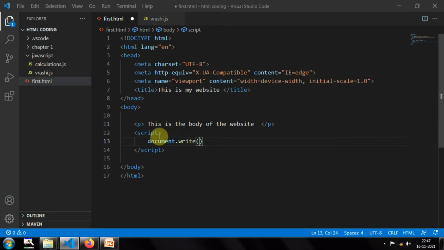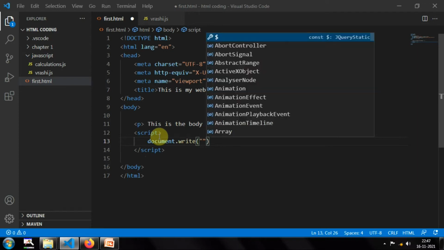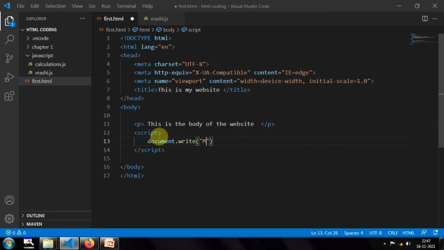I can write anything here, like my name is Dattatreya. Like this I will write one sentence, and this should work. So this is internal JavaScript, guys. I'll just save this one, and I will copy the path for this one.